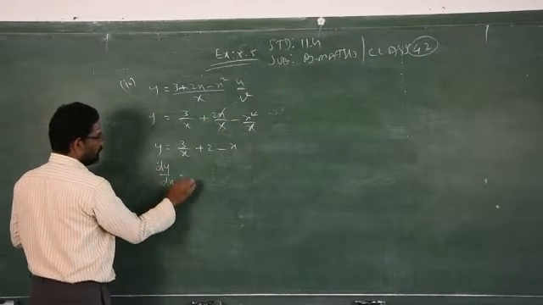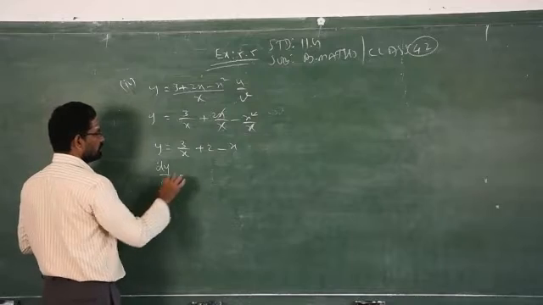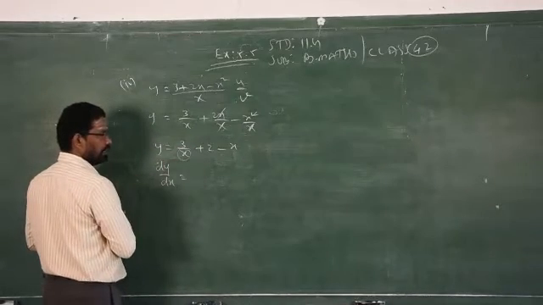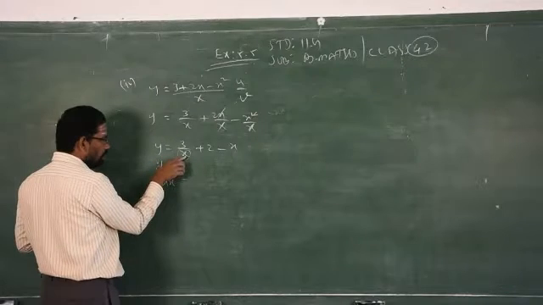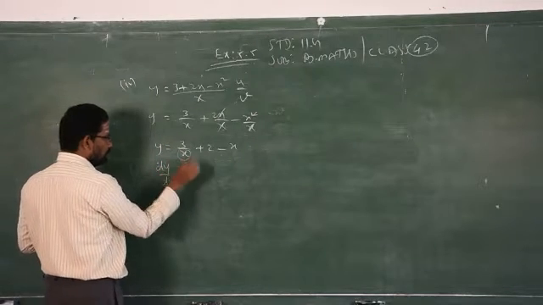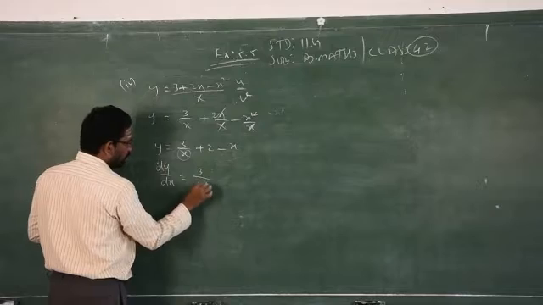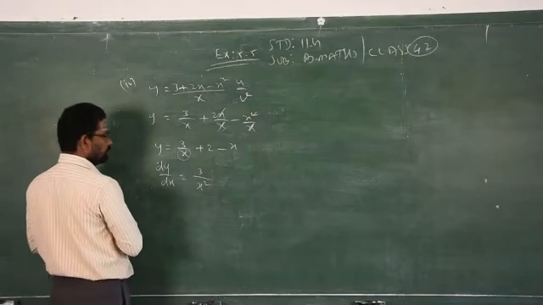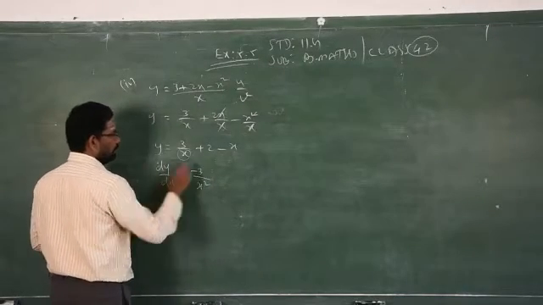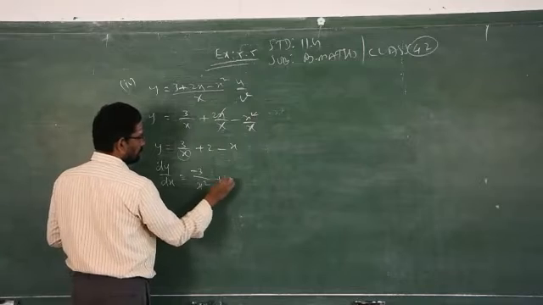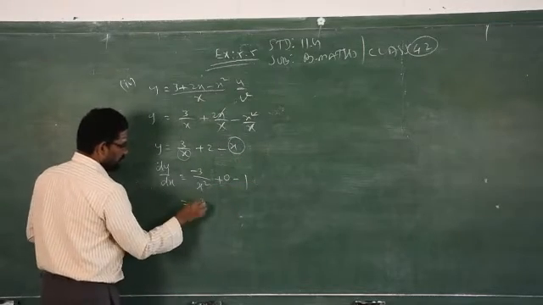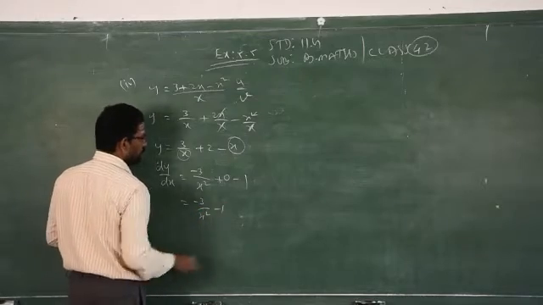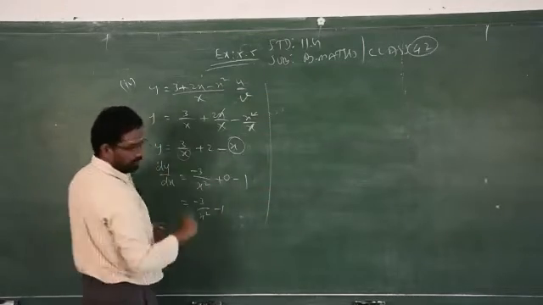Now I start to differentiate, dy by dx. Again x is in the denominator, there is no variable in the numerator. So what is the procedure? See the power of x, what is there? 1. So 1 into 3, 3, then add 1 to the power, 1 plus 1, 2. Change the sign. Constant, no x variable, 0. Here differentiation of x is 1. So minus 3 by x square minus 1. Clear?